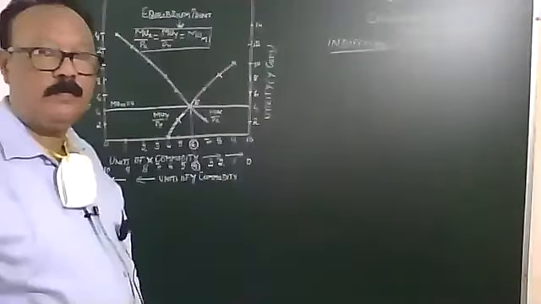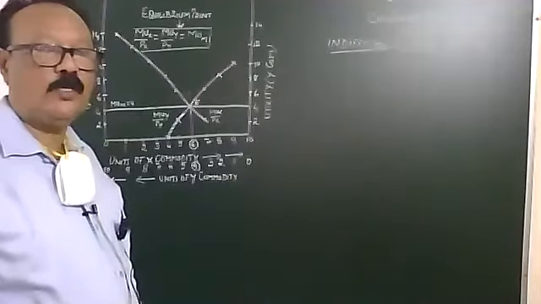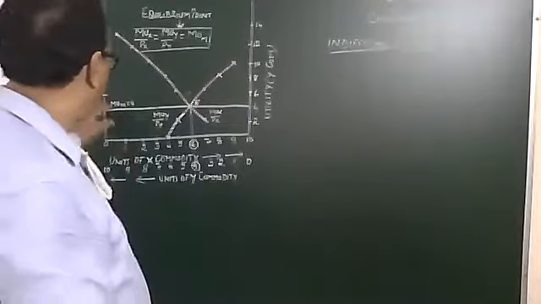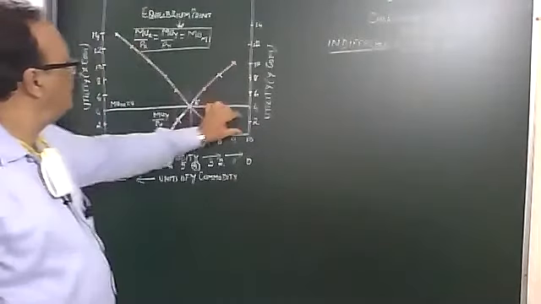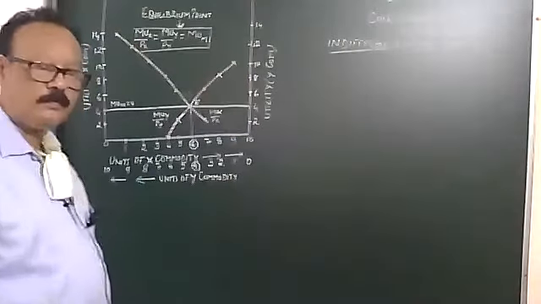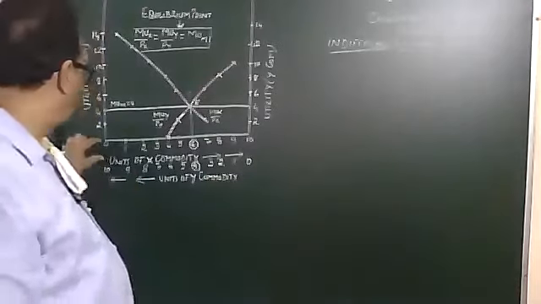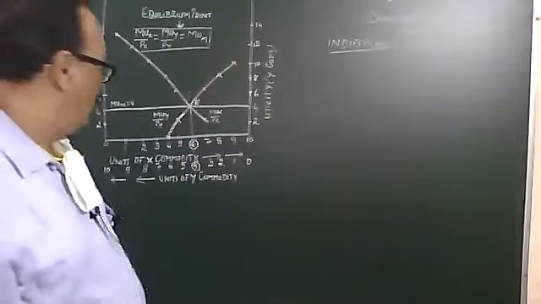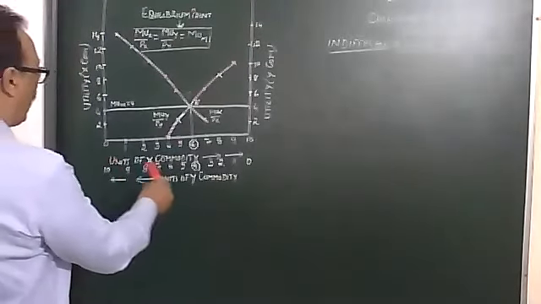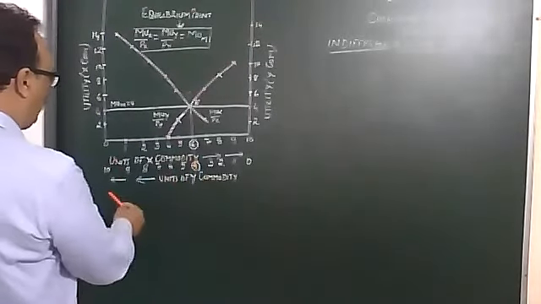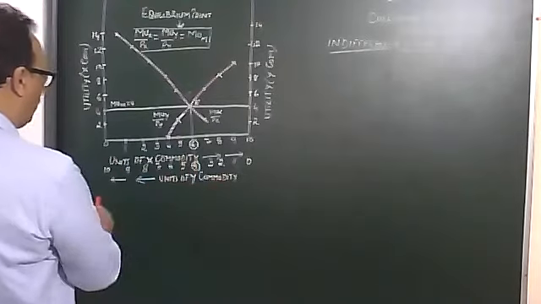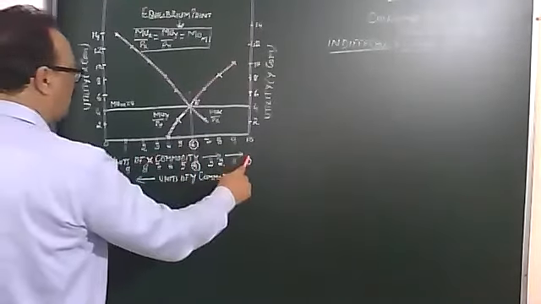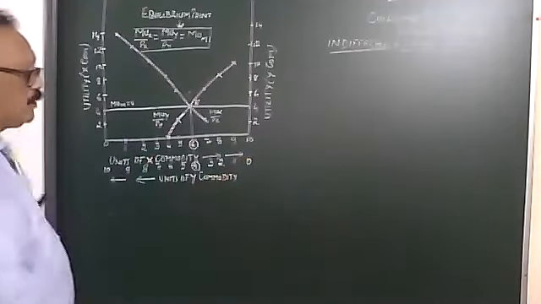Draw that. Use your scale, use your pencil so that these markings are equal. Here on the top you will write units of x commodities and below you will write units of the y commodities, going from this side, the arrow sign. X commodities are this way, y commodity is this way.